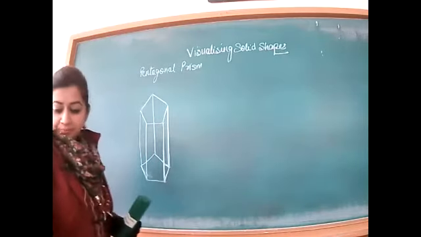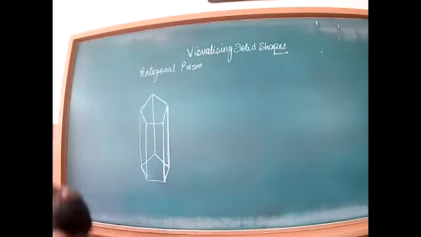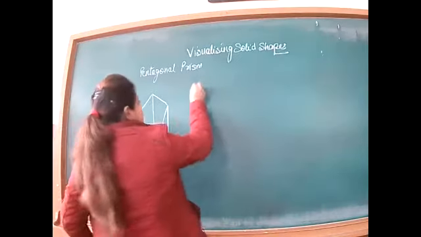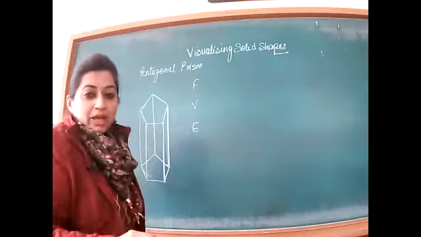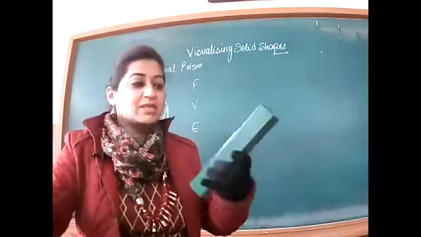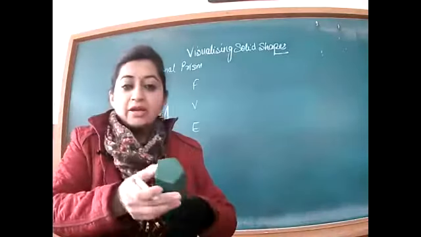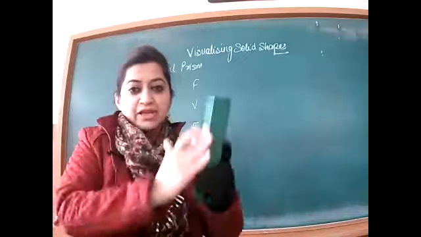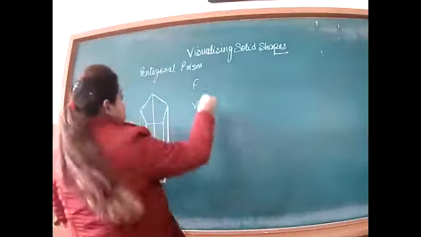Is it okay? So this is your pentagonal prism. Write the faces, vertices and edges. We did the formula yesterday also. You can count the faces, vertices and edges from this. First face, second face, and actually here it is a 5-sided figure, so here 5 parallelograms will be formed: 5, 6, 7. So total is 7.